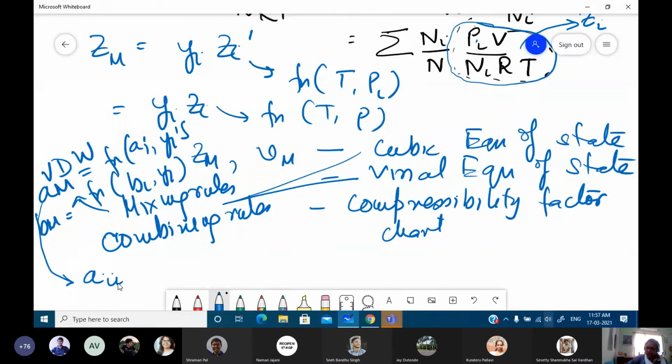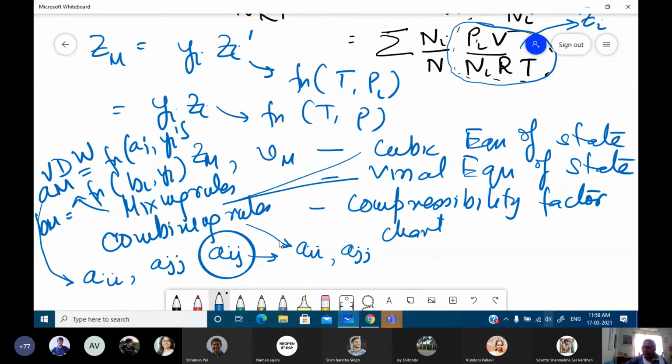aii, which decides the interaction between molecules of i. We will have ajj, which decides the interactions between molecules of j. We also have something like aij, which defines interactions between molecules of i and molecules of j. Right. Now in order to find this out, again in terms of aii and ajj, we need some sort of